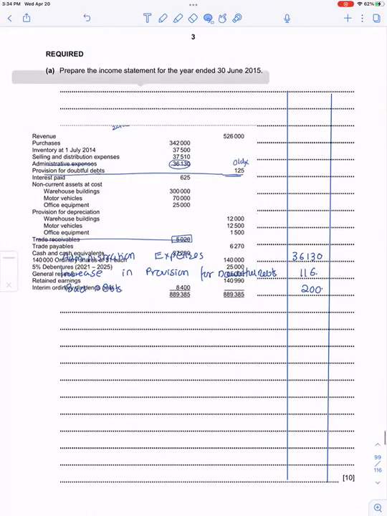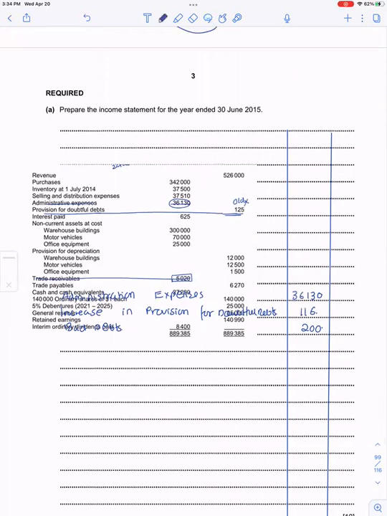Are you with me? Start. First will be revenue. Which column revenue? Last column. Less cost of sales. Now you ideally do not write less or something. Well, we are not given working notes, but we will try to avoid writing less or something. So I'm writing cost of sales.